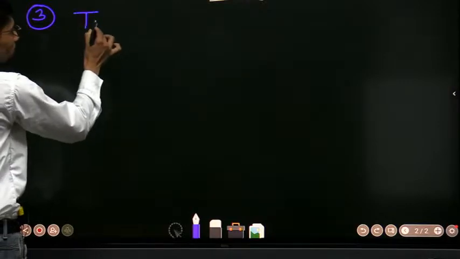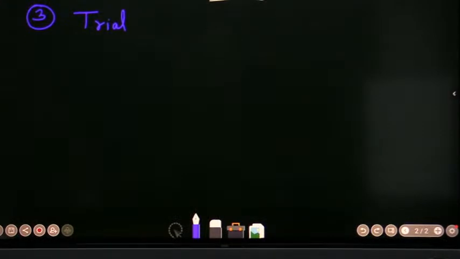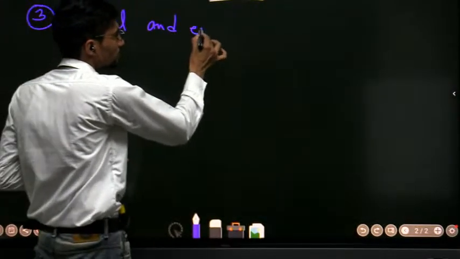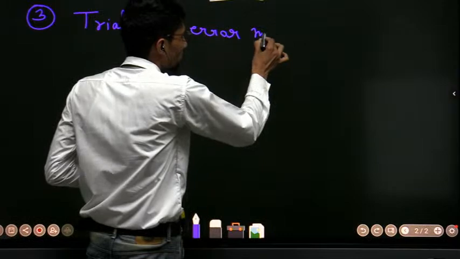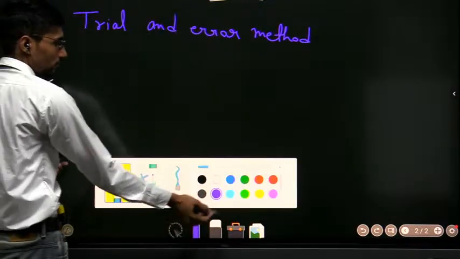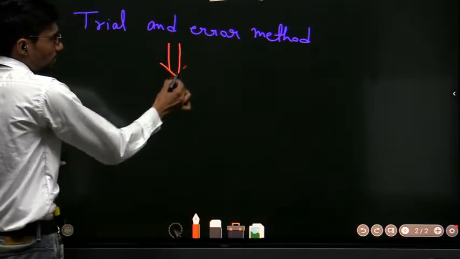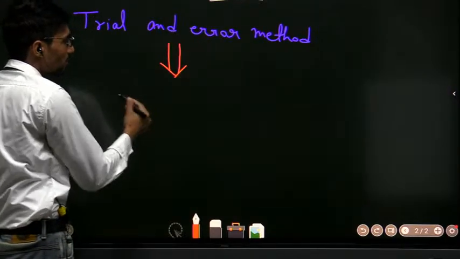In question number 3, what we have to do is use the trial and error method. First, see what is the meaning of trial and error method. In trial and error method, we have to assume. Listen, in trial and error method, assume